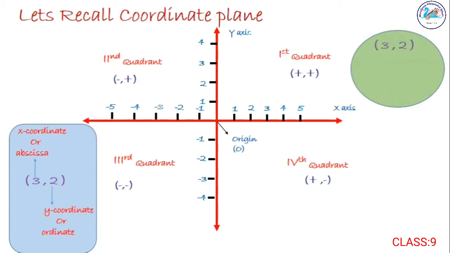In general, any point in the plane, if we take, we will call it an ordered pair (3, 2). As I mentioned before, it is called an ordered pair because the position cannot be changed. 3 belongs to x and 2 belongs to y. Hope it is clear. Now let's discuss how to find the distance between 2 points.